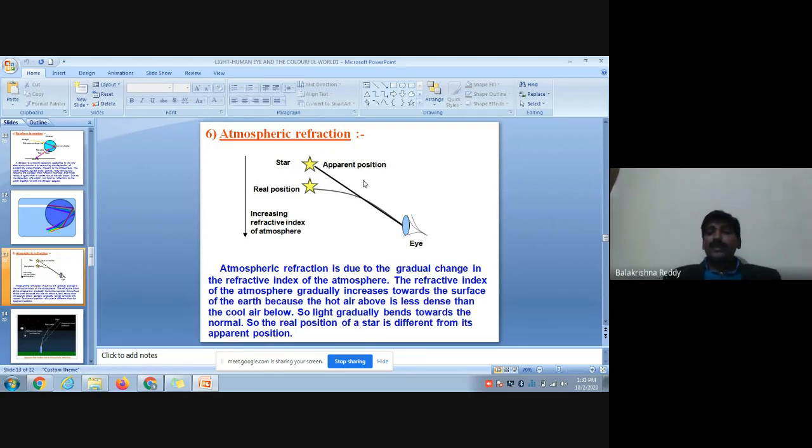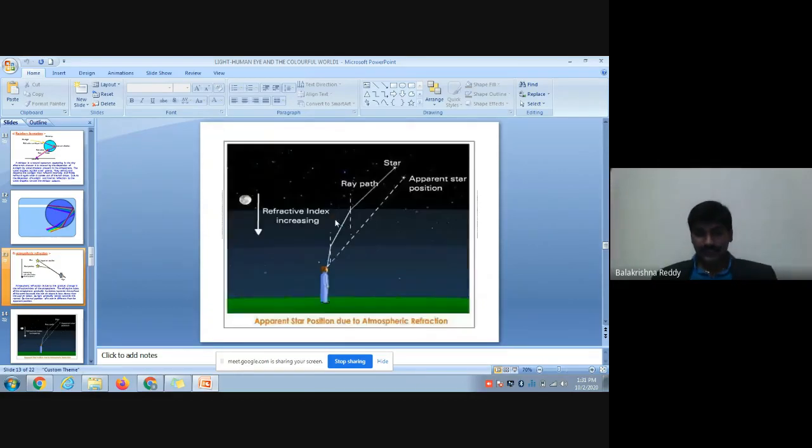Bending in which phenomenon? Nothing but refraction. Due to refraction of light, when a light ray passes into a relatively denser medium, it bends towards the normal. Along the bending light direction, if you see the object or stars, it appears at a longer distance than its actual distance. So that's the basic reason. The stars appear at a longer distance than their actual position. This is nothing but the apparent height concept.